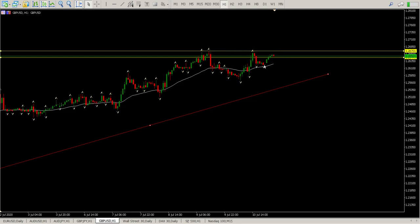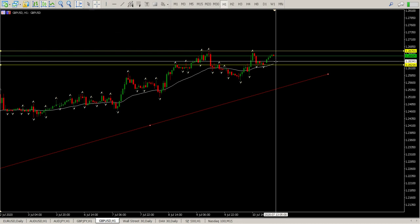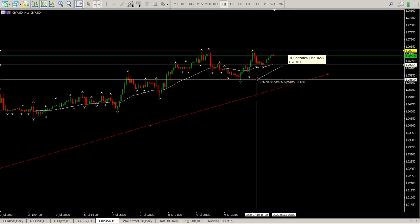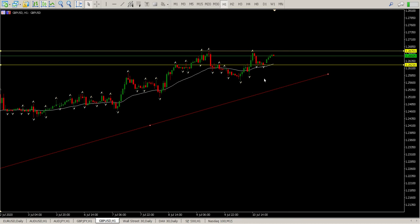So any pullback, come back and close the gap, which would be the most logical thing to do, which would be down there. You're very close. That's 480 points. Not a bad trade, I suppose, all things considered, but it's a one-to-one trade and it's too risky for me. So I'd want to see the breakthrough here 126,701 breakthrough, come back, retest it, and start bouncing off that level, and that would get me long at the